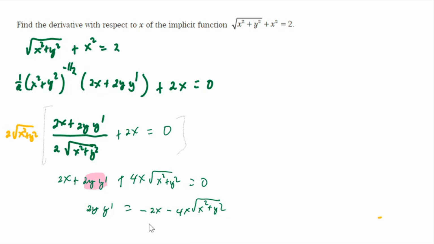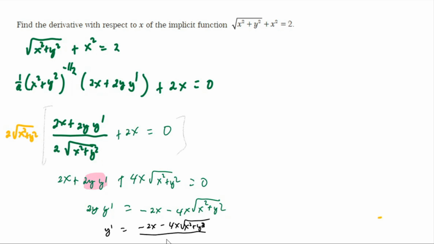And then we can divide both sides by 2y to solve for y prime. Therefore, y prime is equal to negative of 2x minus 4x square root of x squared plus y squared